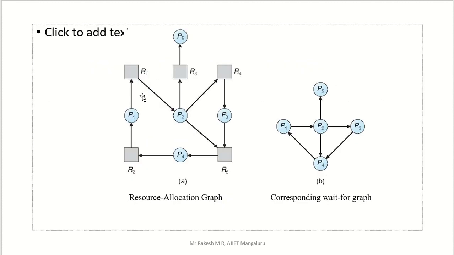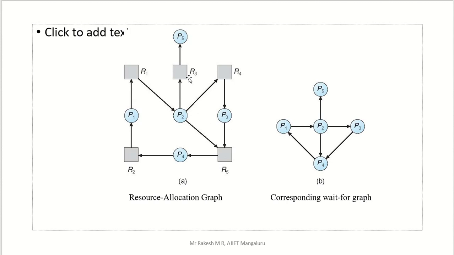Say this. Here this is the resource allocation graph. We have to find out deadlock in this system. How to find out deadlock? If there is any circular wait, then there is a chance of deadlock. So first check, is there any circular wait or not? How to check that? For that we are going to create one new graph, that is called the wait-for graph.